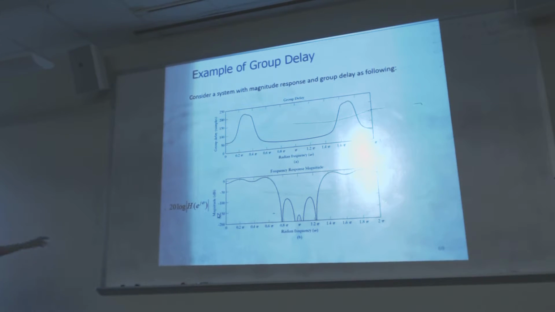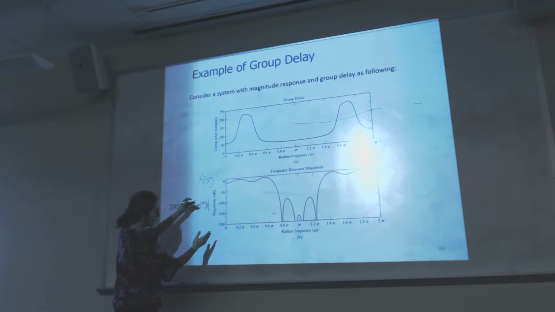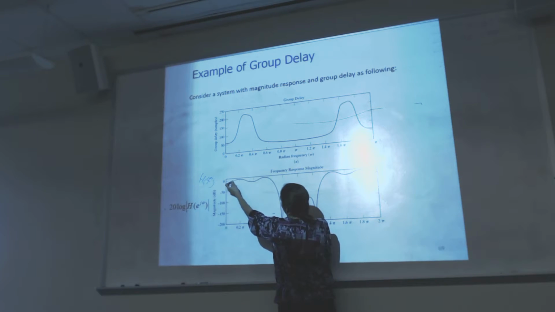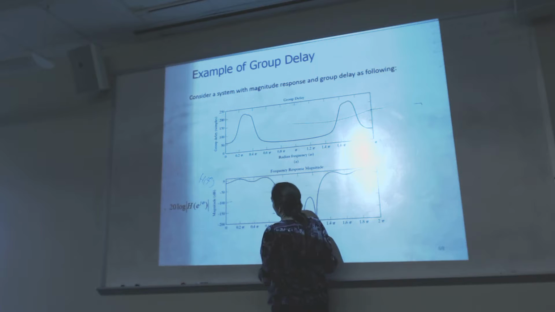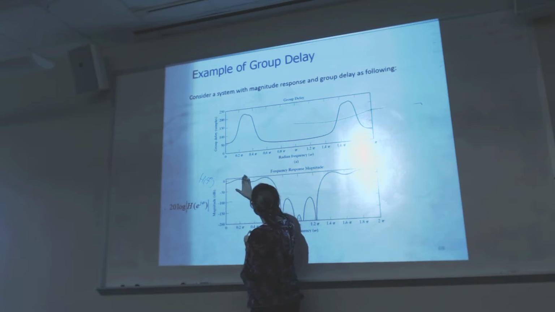Again, the notation is different here because it's a digital system, but the idea is the same. So let's say this is your H of f. I'll just consider up to these. For this kind of frequency, the magnitude changes like that, and the magnitude drops really, really low. So this is the magnitude,